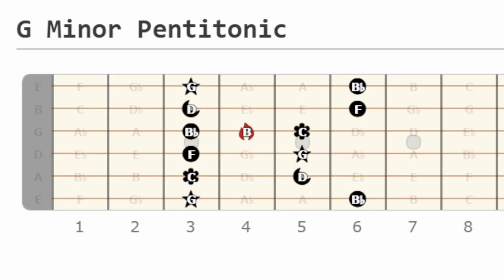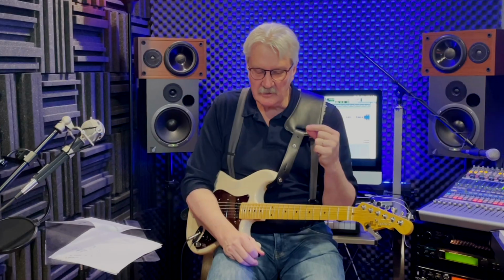I want to show you some things. The roots are here and here on the G, and here. There's 3 roots. There's some C roots here, and you've got another one over here, and then there's D roots right in the scale. So there's 3 of them, 3 roots really close by. That's an interesting thing to remember, because those are great notes to land on or to start from as the